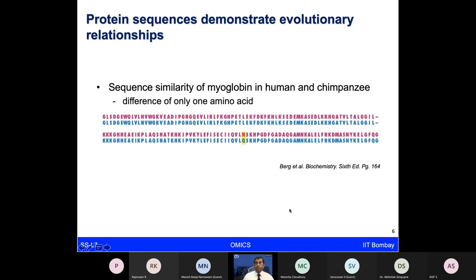So let's take one protein example, which is myoglobin. This is the FASTA sequence, which is the amino acid sequence of this particular protein, and you want to compare myoglobin in human and chimpanzee. You can obtain these sequences from NCBI, and if you do the sequence alignment, you see that the entire sequence is exactly matching, very similar, except for one amino acid difference. And think about how sometimes even that one amino acid difference could be so crucial for that protein to work in different animals, different organisms.